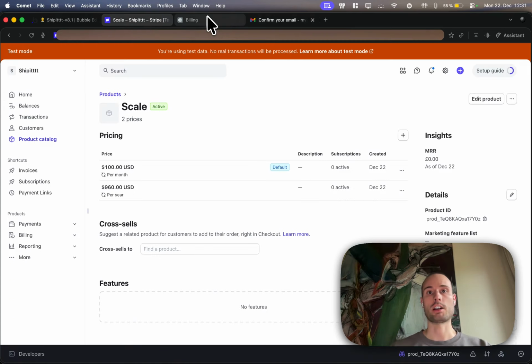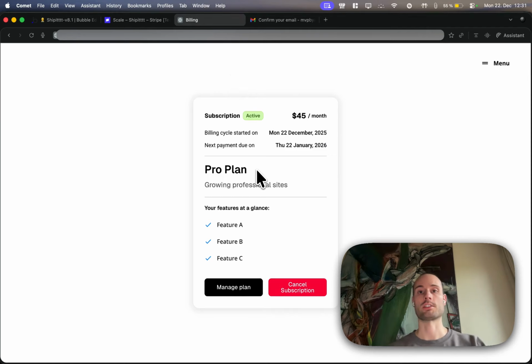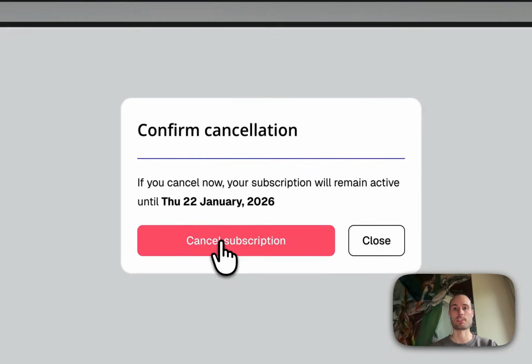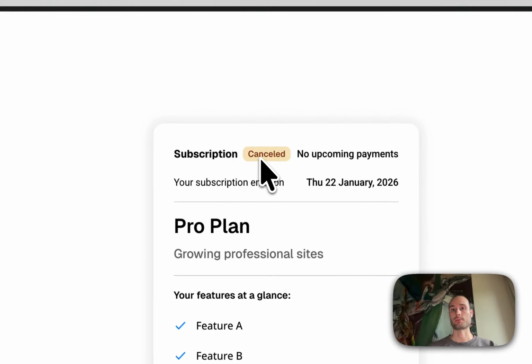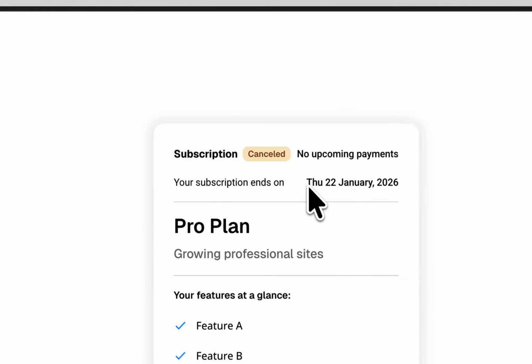And like with all the other plans and pricing card components, users will also be able to cancel their subscription and self-manage everything. So in this case, if they cancel their subscription, the pricing card or the status card changes again, and the user will see that the subscription is canceled. And when the subscription ends,